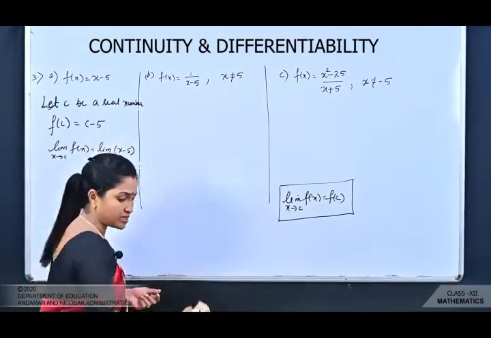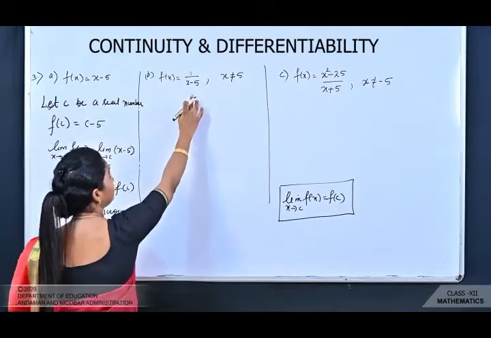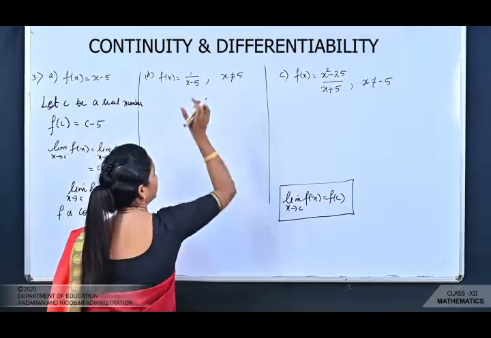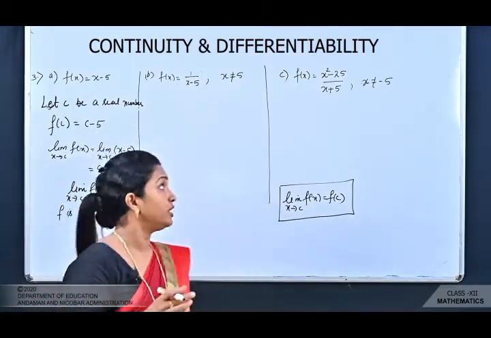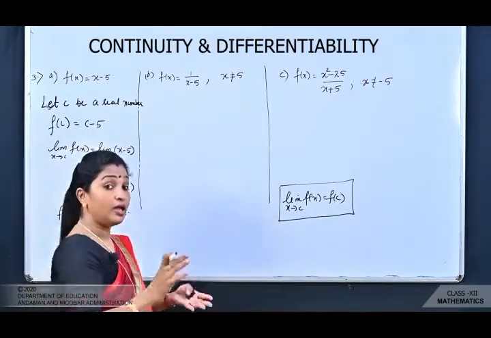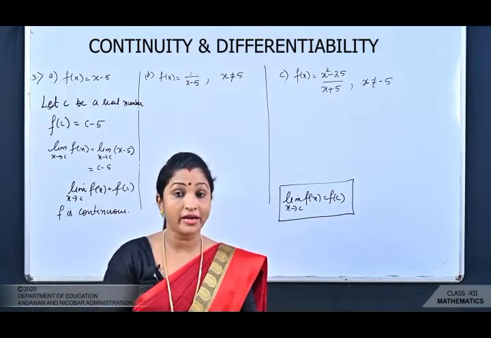It is again the same type of question as the first one. The only difference is it is given in reciprocal form. Okay, और एक चीज और बताया यहाँ पे, what is that condition they have given? X is not equal to 5. So what does it mean? Same procedure, that means the function is continuous but not at x is equal to 5. 5 पे continuous नहीं होगा.